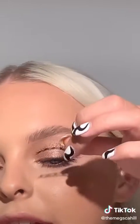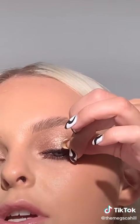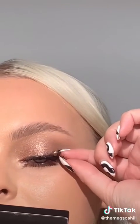Here, this is so important. You do not want to be looking straight and trying to put your lash on. You want to be looking down and putting your lash on. Looking down, tilting my head back, I'm just going to set that eyelash on my lashes first. And then I'm going to grab the end, push the end up to the corner,